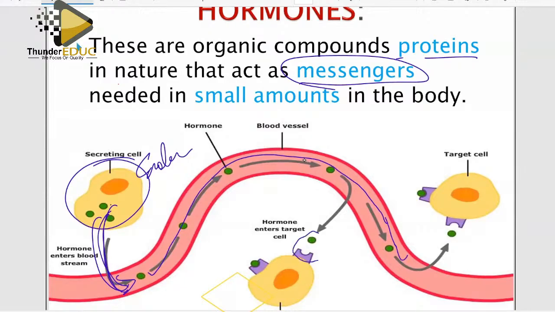And then the moment they find a target organ, it must bind. However many keys you have, 1,000 keys, there will be only one key which will open the door. So however many hormones you have, and there are a lot of cells, they will only bind if it fits to bind there. You see? So we call them target organs. So you see that the blood is helping this hormone to be transported from one point to another.